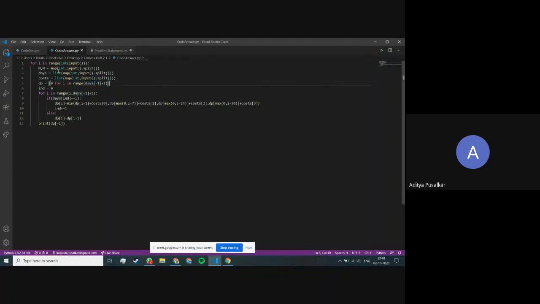We'll take the inputs as the number of platforms that are unsafe and the maximum number of platforms that we have. Then we'll take the input of the list of those platforms which are unsafe and the cost of the 4 spells that we have. This is an order n solution. We'll go through each element of the days list.